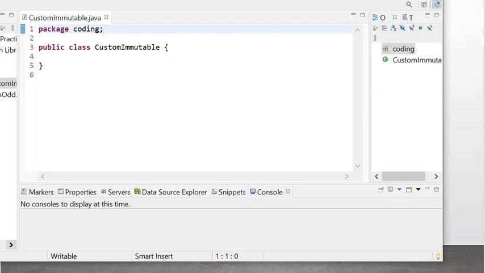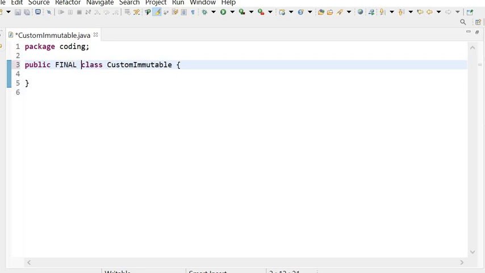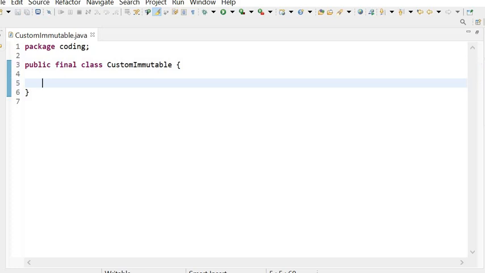Here we will create our own immutable class. The first rule to create an immutable class is that the class must be final. So here I have created one class that is final, and the second rule is that all instance variables will be private and final, like this: private final String value.